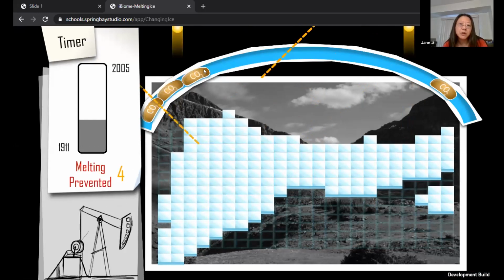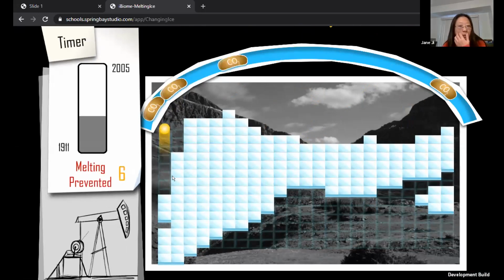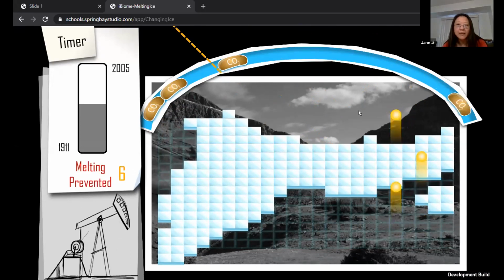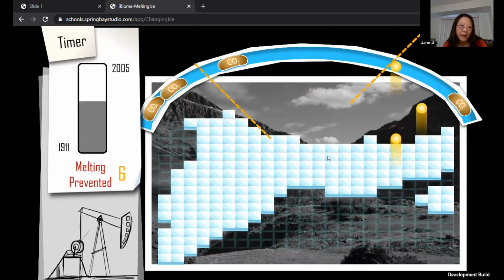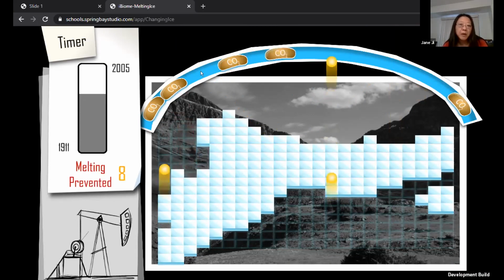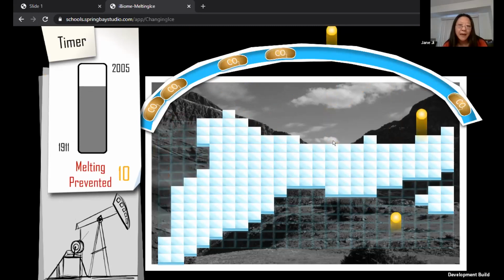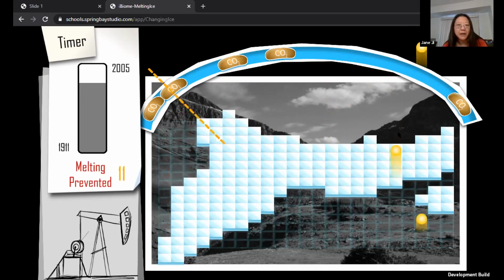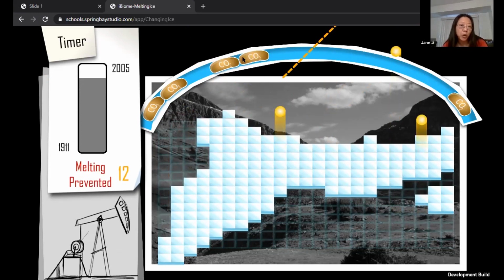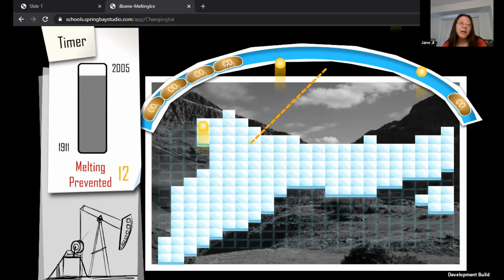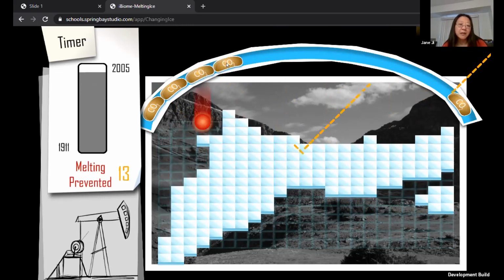So here we're really talking about the feedback loop. The more ice and snow area we have, the more sunlight will be reflected out of the atmosphere, also bringing the energy away with it. But if we fail to do that, like this red ball, you will melt more ice and trap more heat in the atmosphere. This is already an advanced level, so don't worry if you feel overwhelmed.